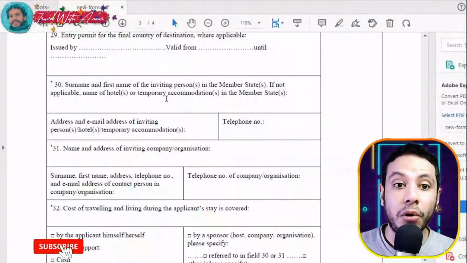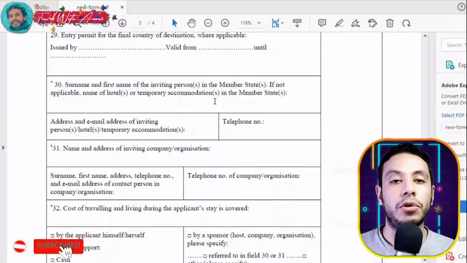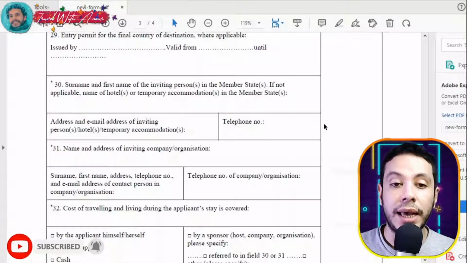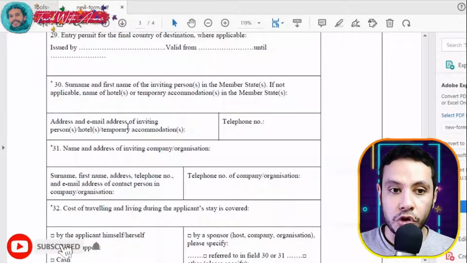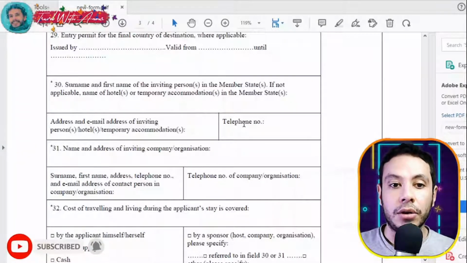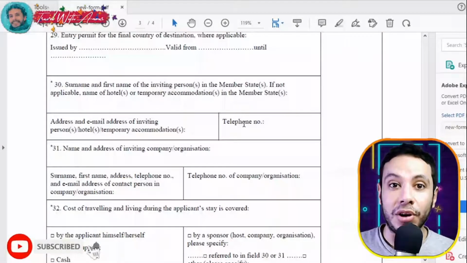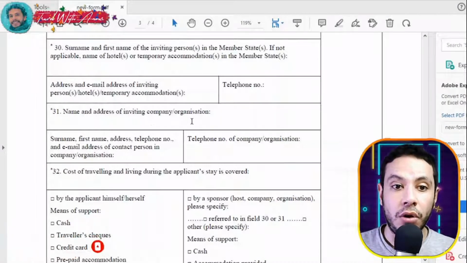Surname and first name of the inviting person in the member state. If not applicable, name of the hotel or temporary accommodation. If you are going to stay in a hotel, please give the details of this hotel, the name of the hotel, and also the address and the email of the hotel and the telephone number of the hotel also. Those parts, the address and the telephone number, are not really required, but it is good to fill every single part here. The name and address of inviting company or organization